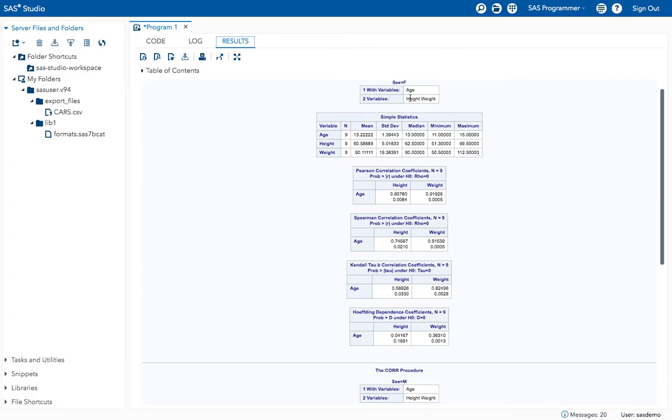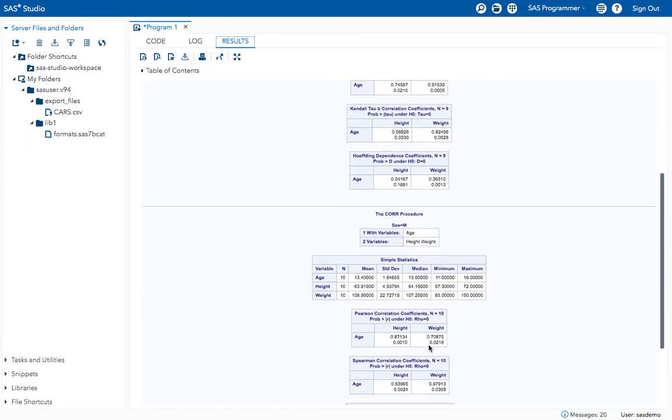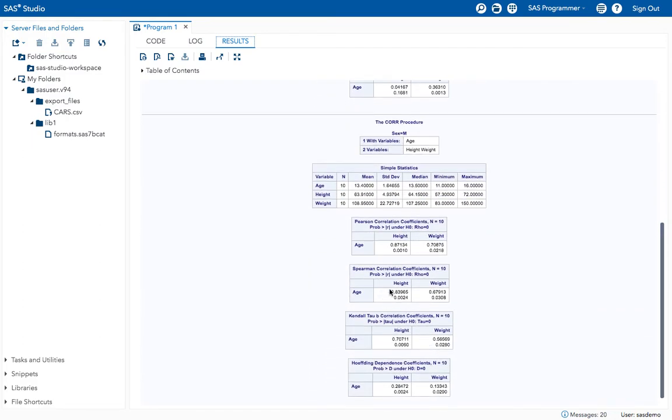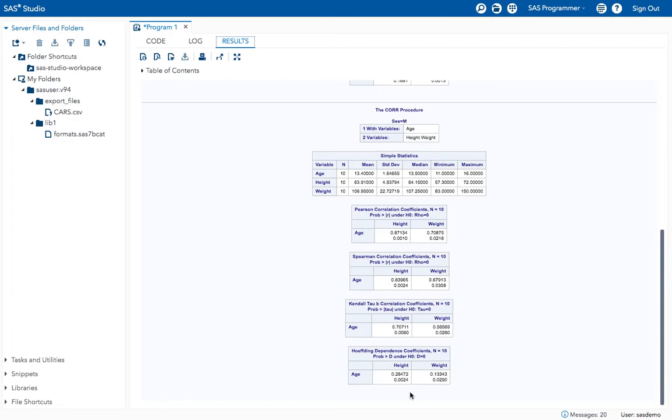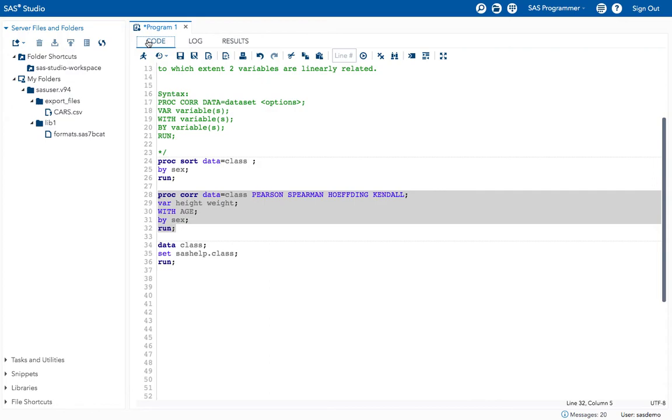See here, now what we have done, we have got the correlation based on height and weight with variable age, and it is separated for both male and female, okay. And I got all the four correlation tables here, okay. This is about correlation.